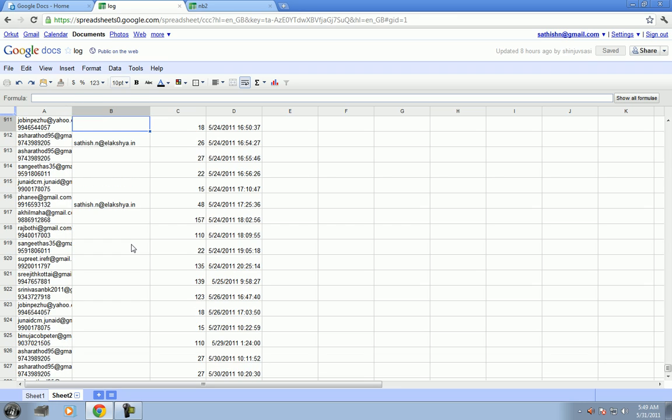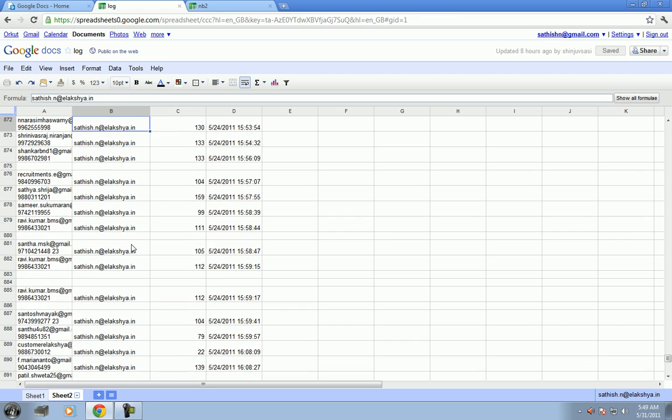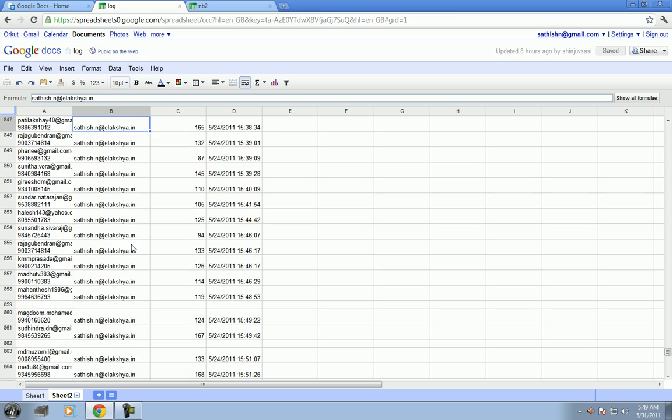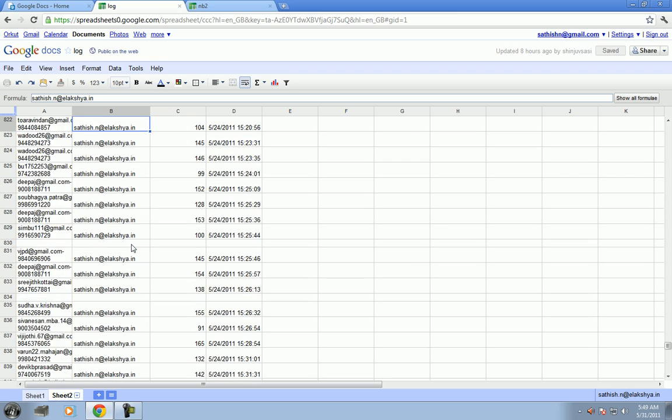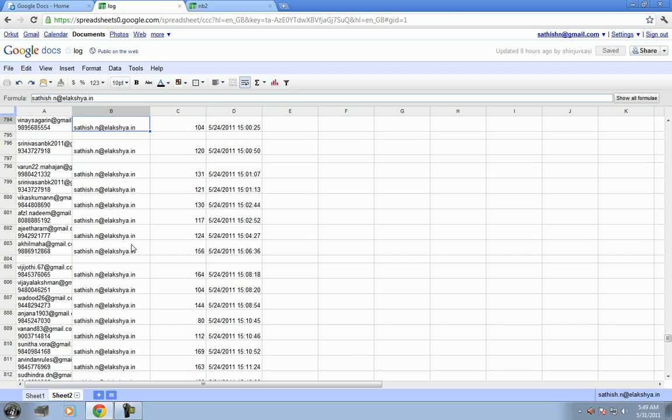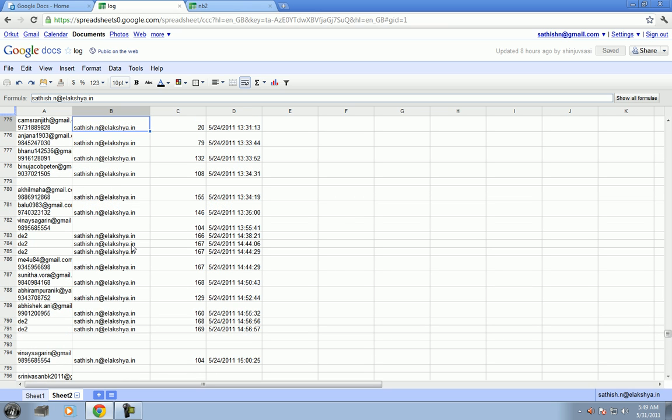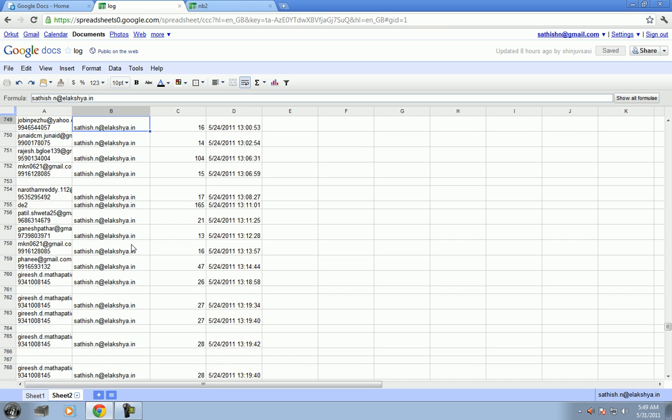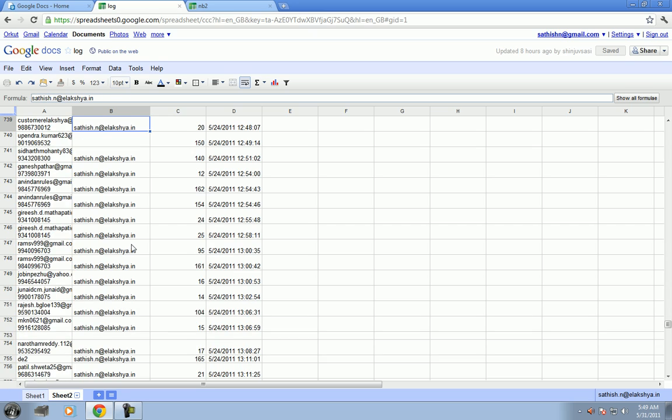And I'll tell you, the minute, because there are some examples of people who have opened the .elakshya file also, and I'll just show you. If at all people have opened, they open it as satish.n@elakshya.in. One minute. I think I'll have to go up and show.